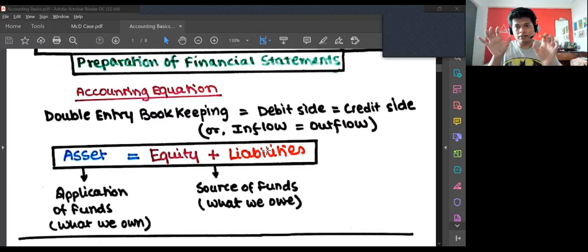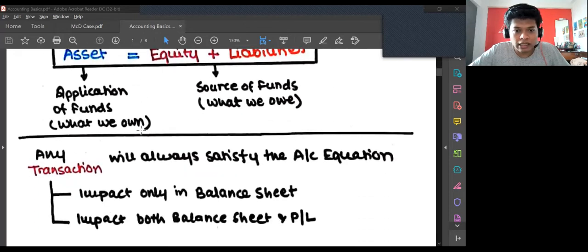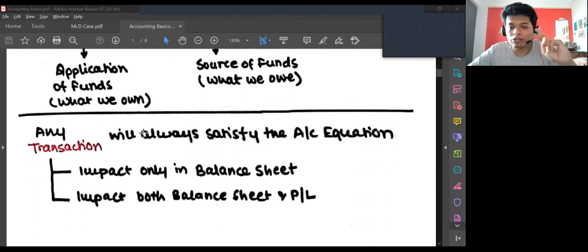Okay, I won't say both sides. Now the balance sheet looks like this. Earlier when we used to study it, it was a T-shaped thing, so we used to say both sides tally. But if you see it like this, equity and liability and then asset, both have to tally. So equity and liability is the source of fund and asset is the application of fund, I've already explained. So remember this.